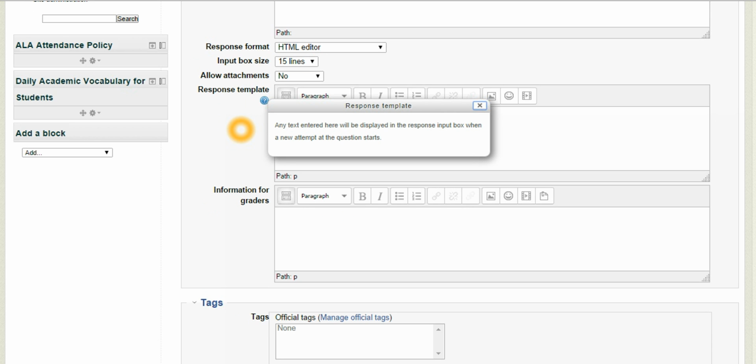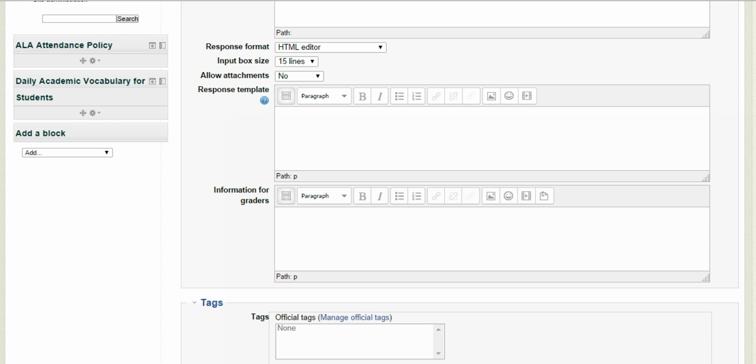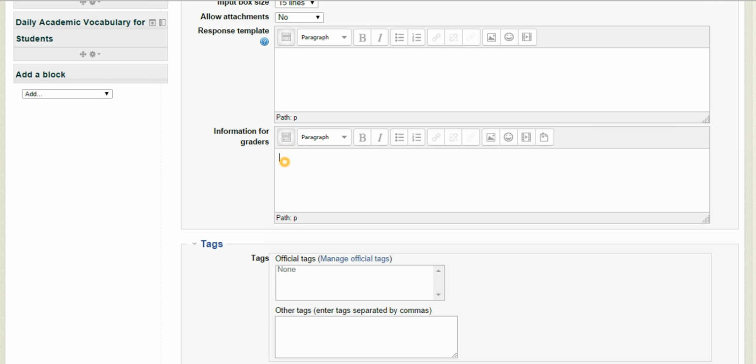Anything that you type here will be shown to the students when they attempt a new question. And if you were to have someone else grading, you could add information for graders here. This may be your notes on the assignment, the ways you were thinking about the essay,